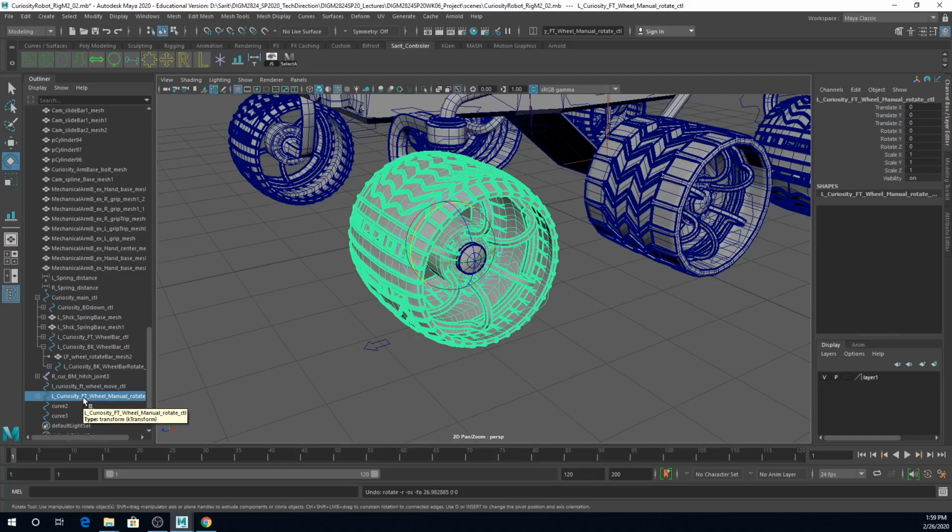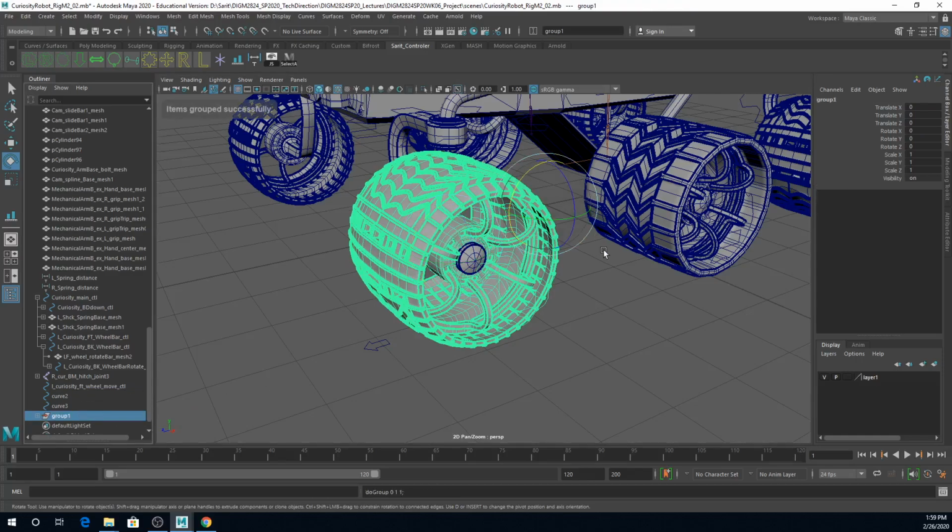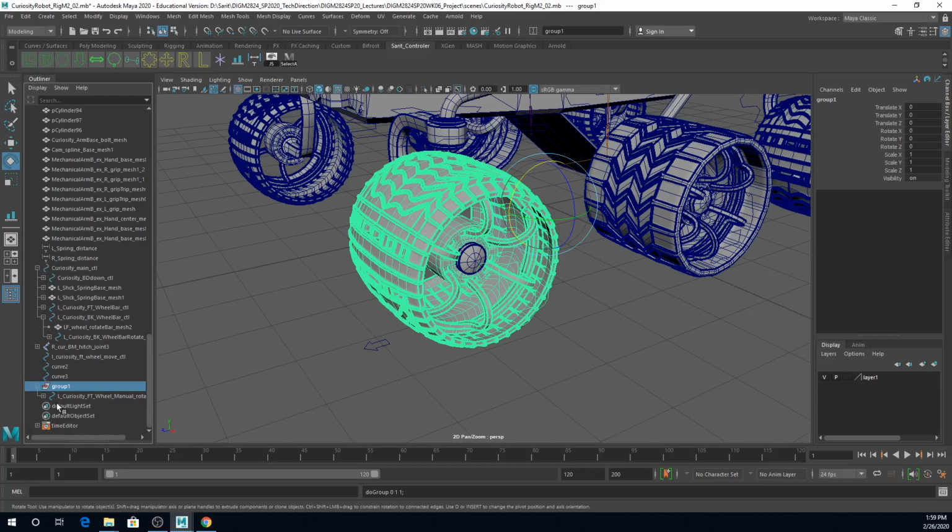Okay. So manual. Now on the manual, you're gonna group it to itself. This is gonna be used for offset. So I'm gonna rename these. Let me call this wheel FT. Let me shrink the size. WHL wheel rotate